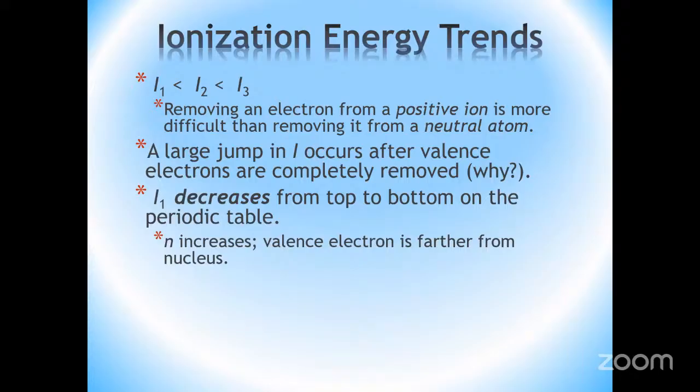Why does that happen? Well, again, if you think about how the electrons are arranged, it makes sense because as you go down the group, two things happen. One, the distance between the valence electron and the nucleus increases, right? And not only that, as you go down the group, there are more inner core electrons between the nucleus and the valence electrons, right? So there's a shielding effect that the inner core electrons will have on the valence electrons. So those are the two factors which basically cause the first ionization energy to change as you go down the group. The first one is the distance